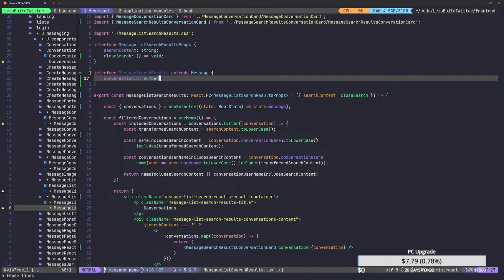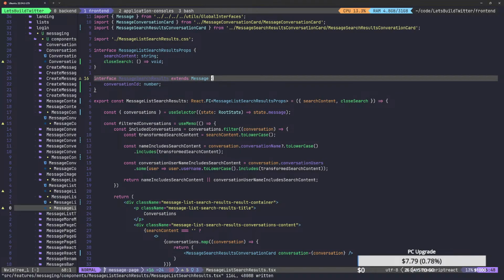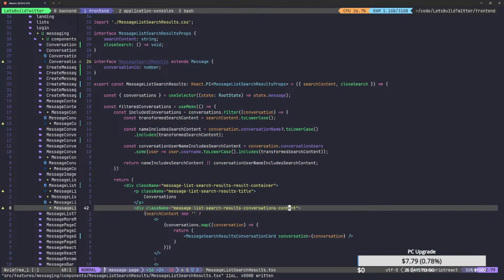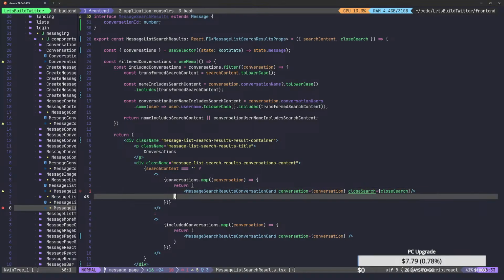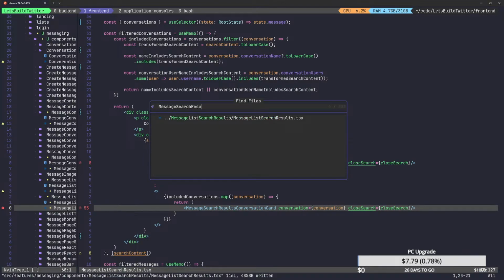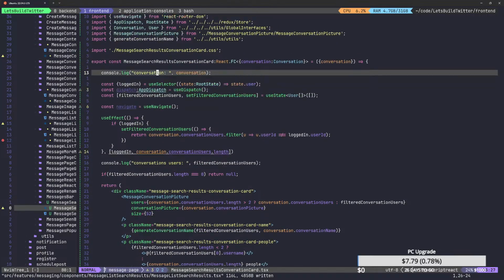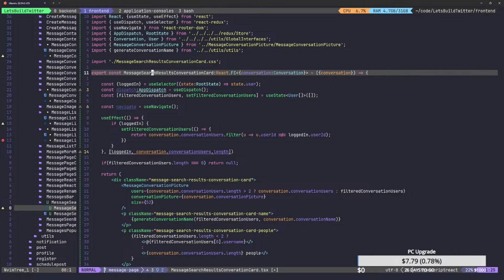Do we not use this anymore? We've got to be using it. I don't know why it's saying it's not being used, but now in here, we'll go ahead and say close search equal to close search. And we'll add this as well. Paste that in. Message search results, and then this is going to be conversation card. We need to add in that as well. Let's go ahead and delete the conversation, delete that. Okay, and then we're going to pass in